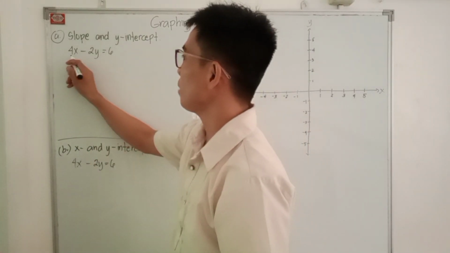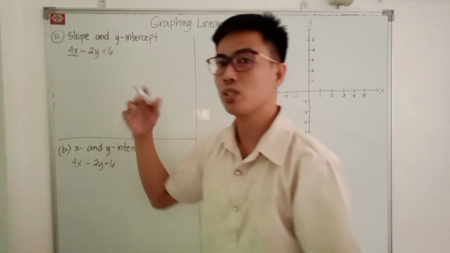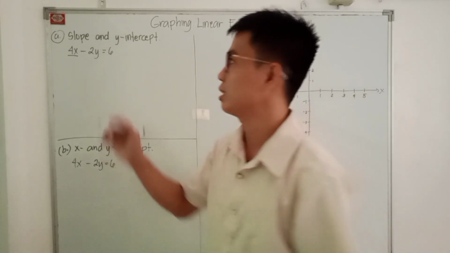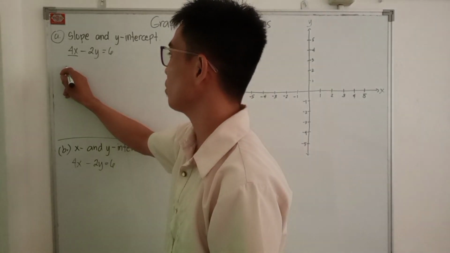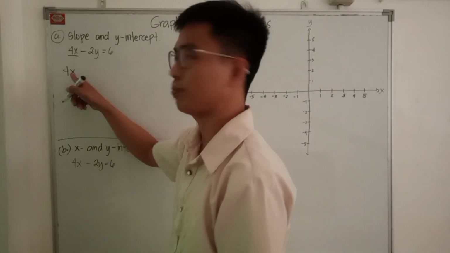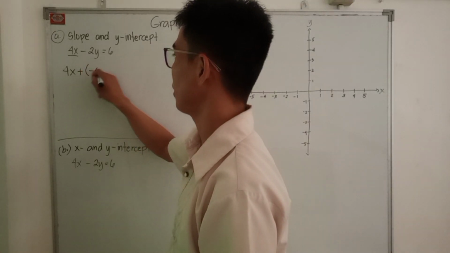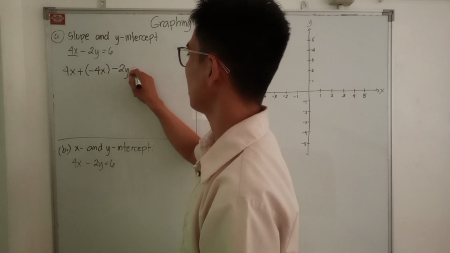So, kailangan nating malipat yung 4x dito sa kabilang side. Again, we're going to add the additive inverse ng term na ililipat natin. So, since kailangan nating ilipat yung 4x, we're going to add the additive inverse of 4x, and that is negative 4x. Then, minus 2y equals